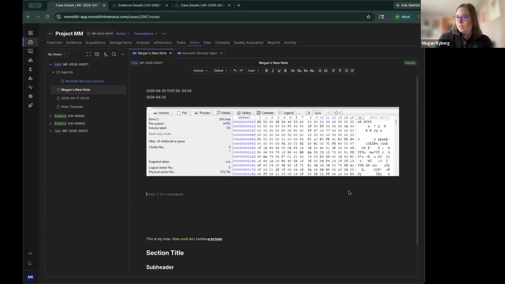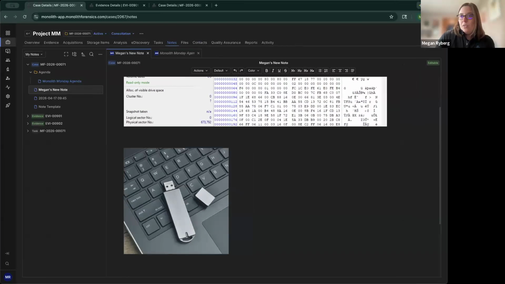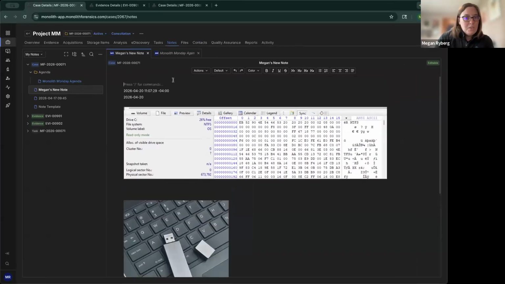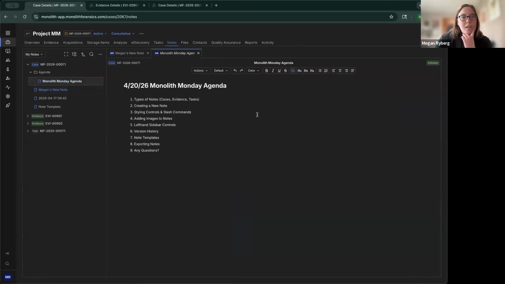Okay. So you can also drag and drop images in here as well. So that is how to add images and how the / commands work. Let me come back to my agenda here. Images,